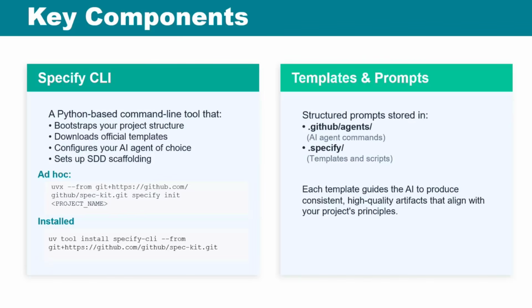And there are a few key components to it. The basis of it is a CLI tool called Specify, and it's written in Python. It runs on either Bash or PowerShell from your command prompt. And you can either run it ad hoc as needed using UVX, which is basically the Python version of NuGet, because it's their approach to Python's libraries. Or you can install it locally and upgrade it and run it from your command line whenever you need it.